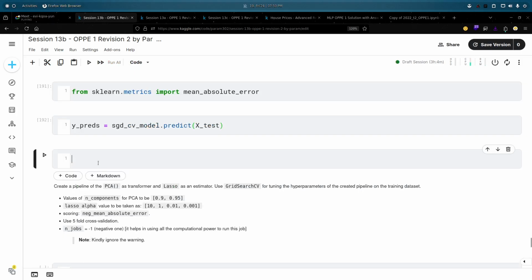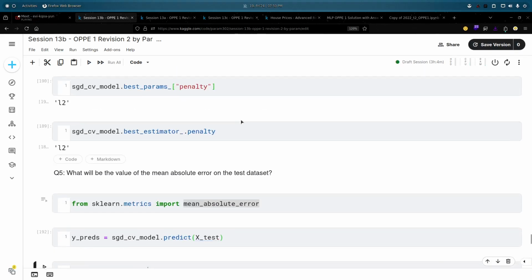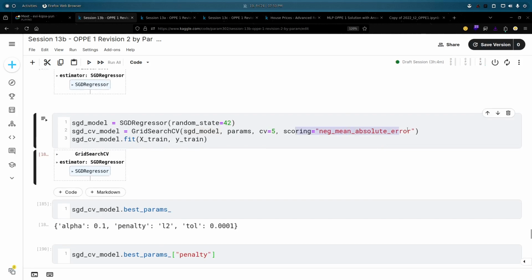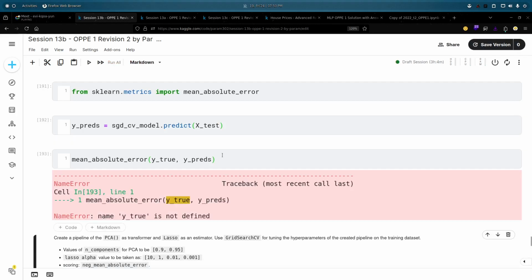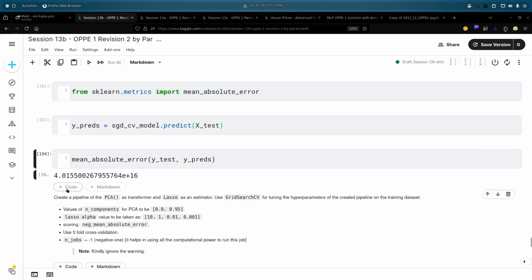How do we find the R2 score? In a similar way, we can do it because we are passing this scoring parameter. I will show you, I will prove it too. So mean_absolute_error, y_true, then y_preds: y_test, y_preds.